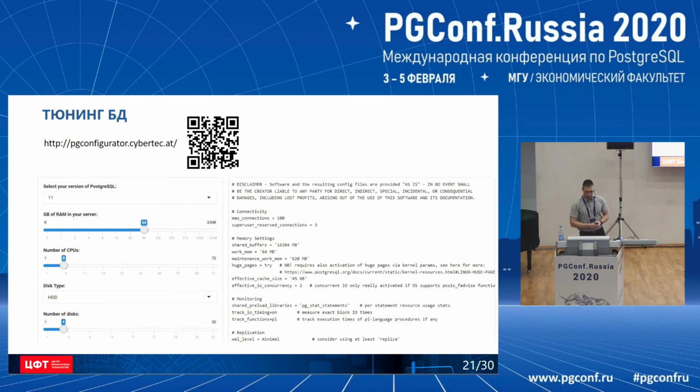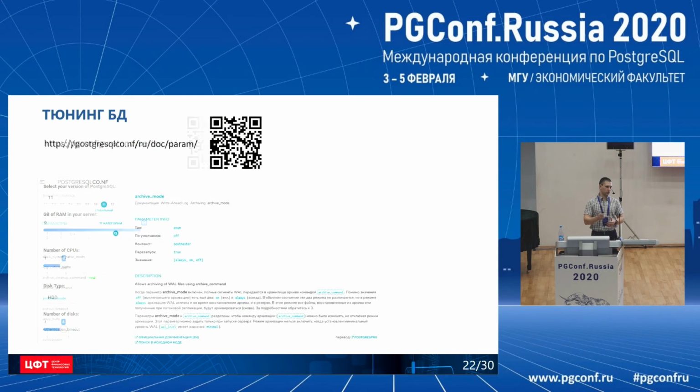Now, apart from this, a great utility is the PG configurator. It helped us a lot. There you are able to move some sliders, and on the right-hand side the text appears of the parameters that you need to change in the varying schemes that you may require. And you can't just do this out of the blue. So we started to read up on the documentation. We read the documentation on all the parameters in the configuration file,